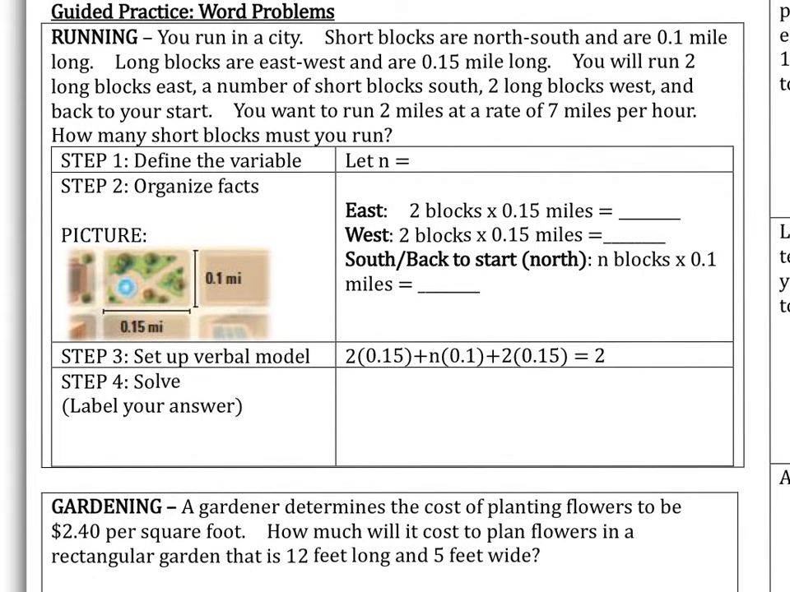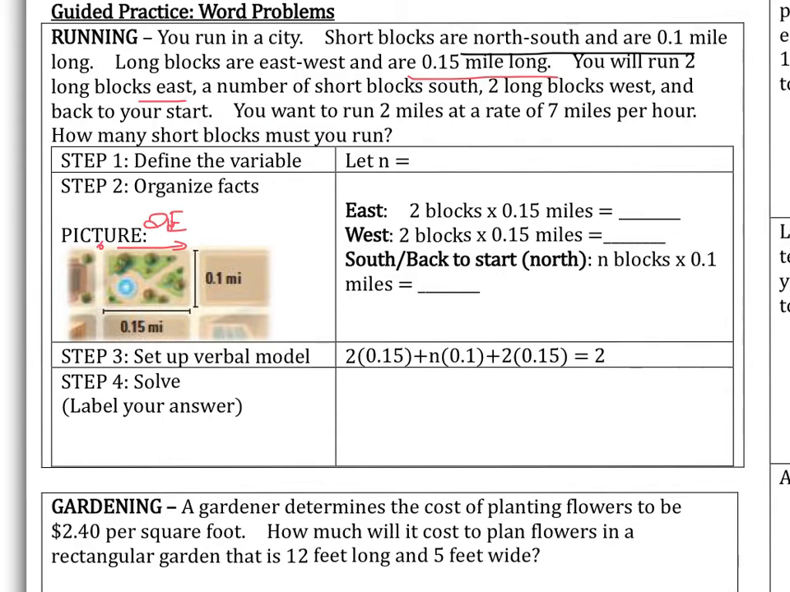Running. You run in a city. Short blocks are north to south and are 1/10 of a mile long. Long blocks are east to west and are 1/15 miles long. You will run 2 long blocks east. So if you start here, you're going to run 2 long blocks east and 2 long blocks,